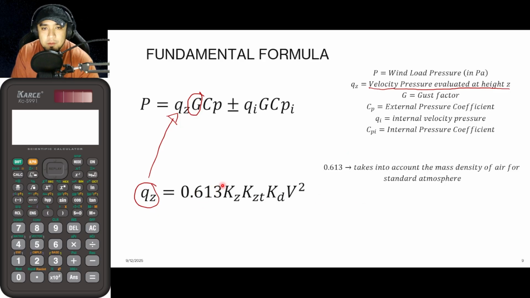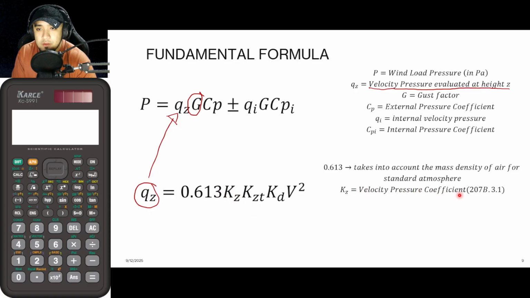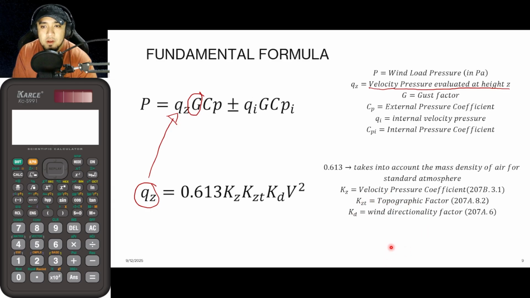And next, after 0.613, we have here the value for KZ. We call that the velocity pressure coefficient. For KZT, that is the topographic factor. For KD, that is the wind directionality factor. And for V, that is now the basic wind speed. Okay, so let us first consider this equation here for QZ, and let us discuss all of the variables from